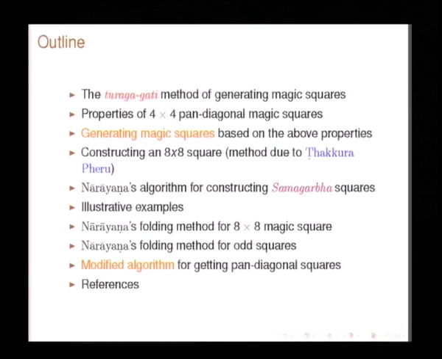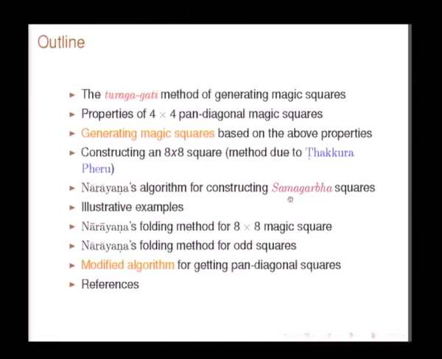the method which has been described by Nārāyana, which is called Samputa. Samputa basically means putting together. So we may translate it as the folding method. Folding in the sense of two squares folded like a hand and then added. The elements of two squares, each of them will have a certain arithmetic progression written down in a particular form. So when we fold them together and add the sum, we will get the magic